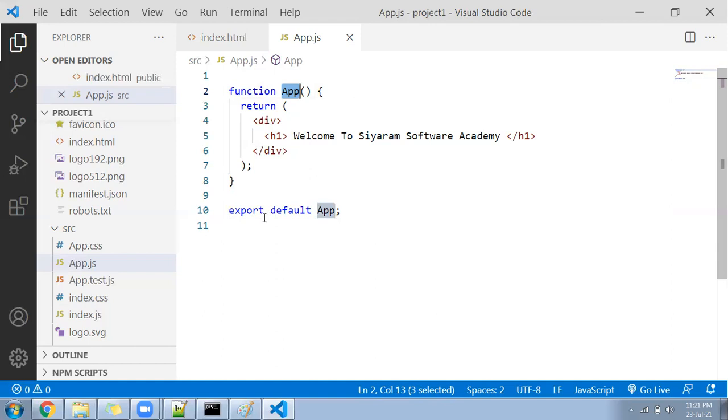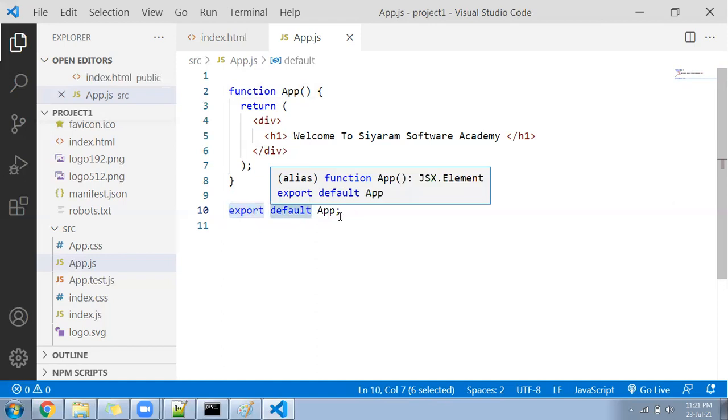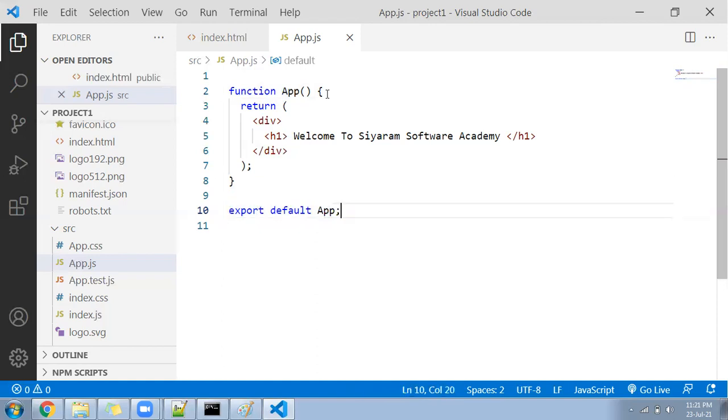So for that purpose, we are writing export default app. So the meaning is, if someone wants to use this app, we have to make it exported. Unless you apply export, no one can use your app function. In React, the app export part is compulsory. If anyone wants to use those functions somewhere else, like the app function, then we have to export it.